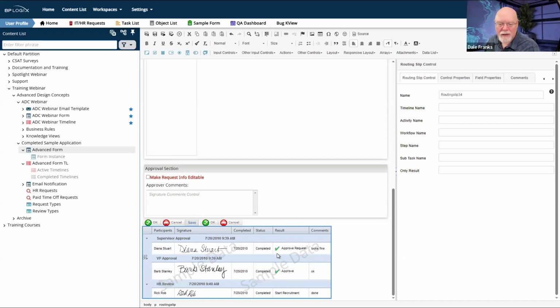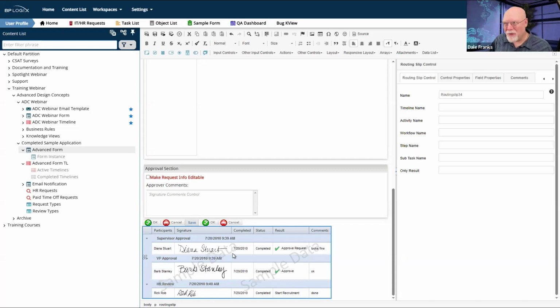The final thing is the routing slip. It is a best practice to have a routing slip at the very bottom of every form. That's why we have the button area control, so that we can force the buttons to appear above the routing slip. You always want your buttons to appear above the routing slip. You do want a routing slip on every form so that everybody can look and see what the status of the form is and where we are in the process. That's our recommendation. Ideally, you want a routing slip on the form.